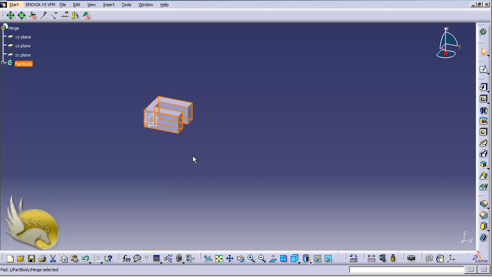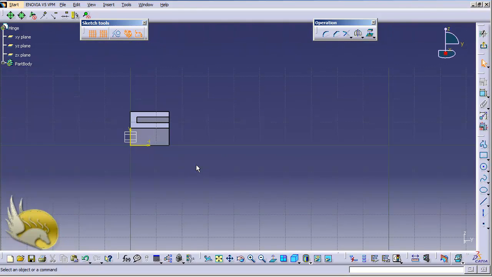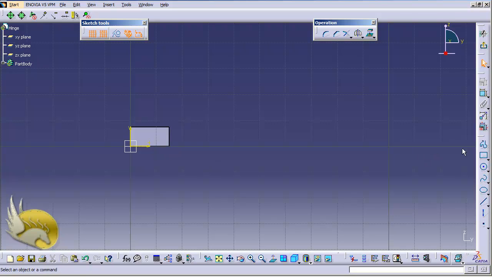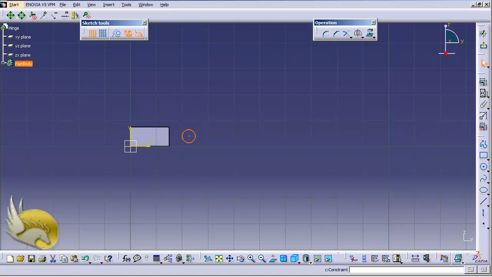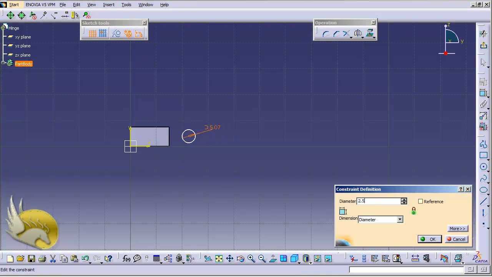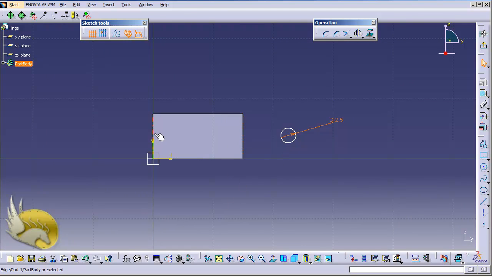Now I want to select one of these faces. It doesn't matter which face, just one of these other sides, and I want to make sure which side I'm hanging in. Yes, that's it. I want to draw a circle, and I draw this here. Let's disable this, and this circle should be 2.5 millimeters in diameter. So I double click it and type 2.5, and let's zoom in, and this should be 10 millimeters away from this line. So I select this point and this line and make it 10. And I want to have an equidistance between this line and this point. So I select equidistance point,